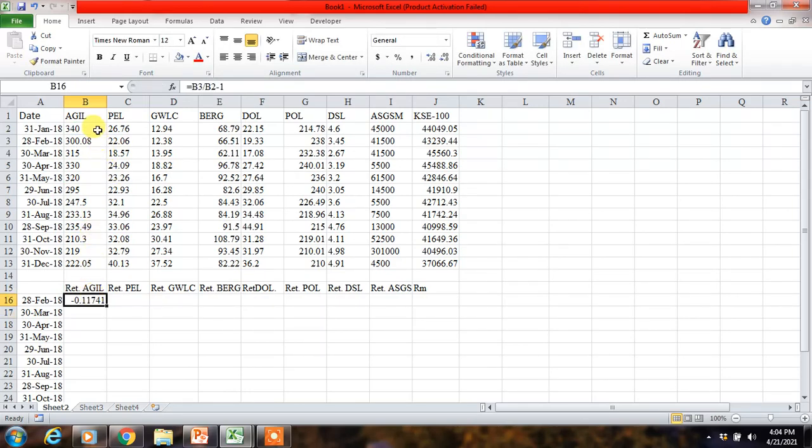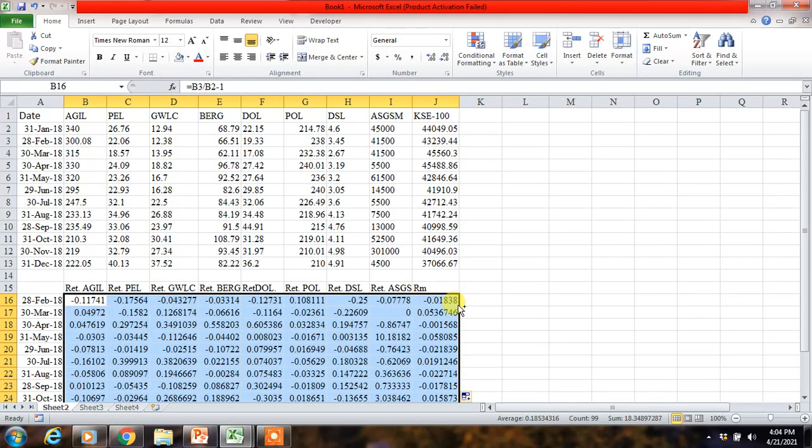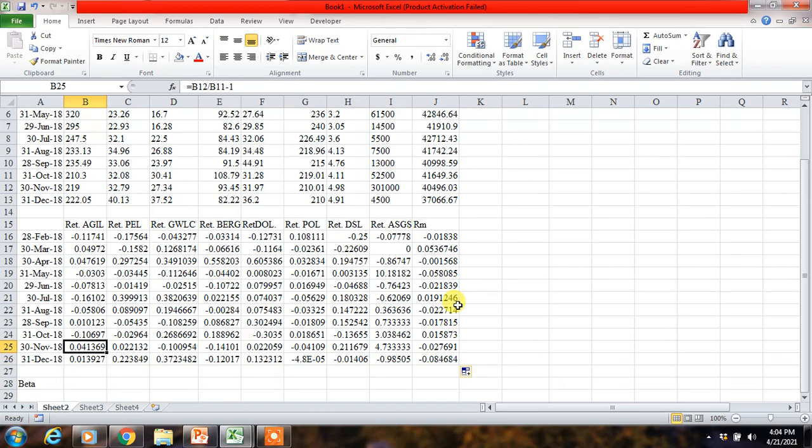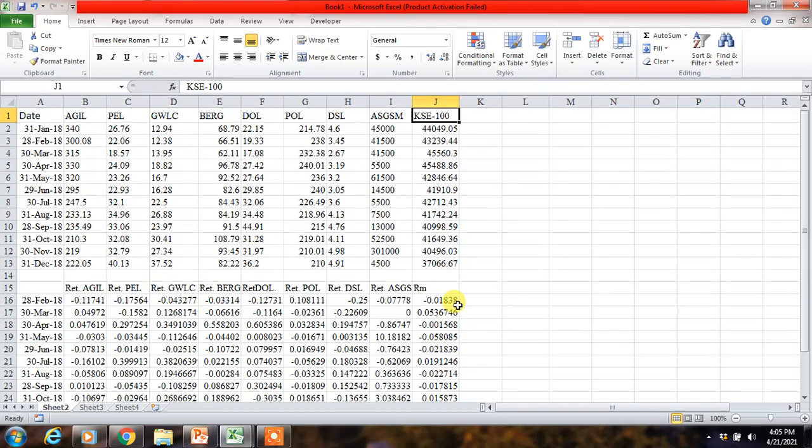You can see the share prices have decreased, that's why the return is negative. Similarly, you drag it here, and now this is the return of the AGIL firm. This is the return of Pakistan Electron Limited, and similarly these are the returns of the index.